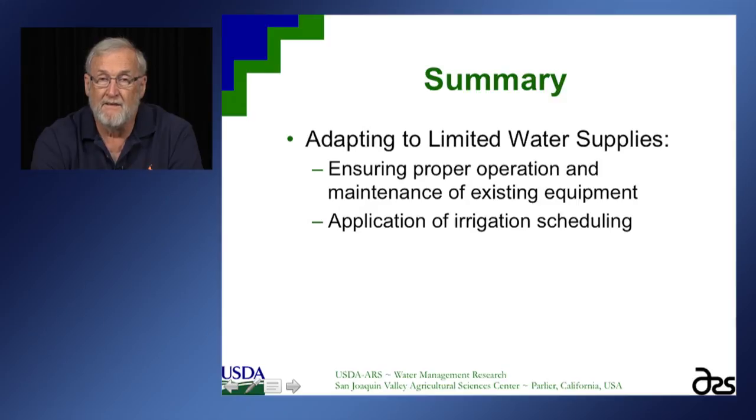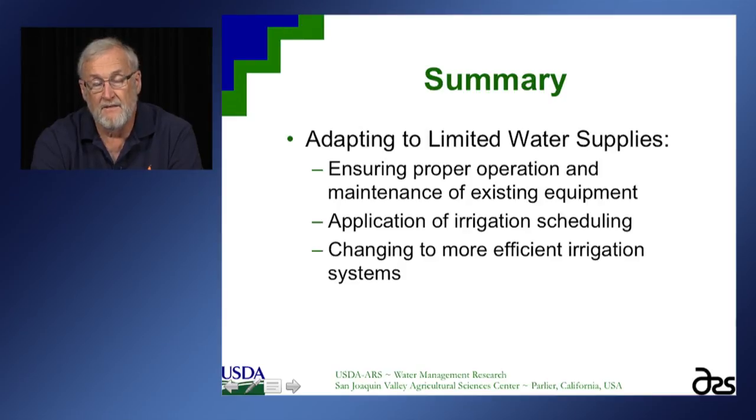Then really begin to take a look at application of irrigation scheduling. Really refine the numbers, or the way that you're taking a look at irrigating, trying to determine what the water requirement is and meeting that water requirement and doing it with the most efficient system that you can. So again, what are the options in terms of improving or changing to a more efficient system, going from gravity surface systems to pressurized systems.